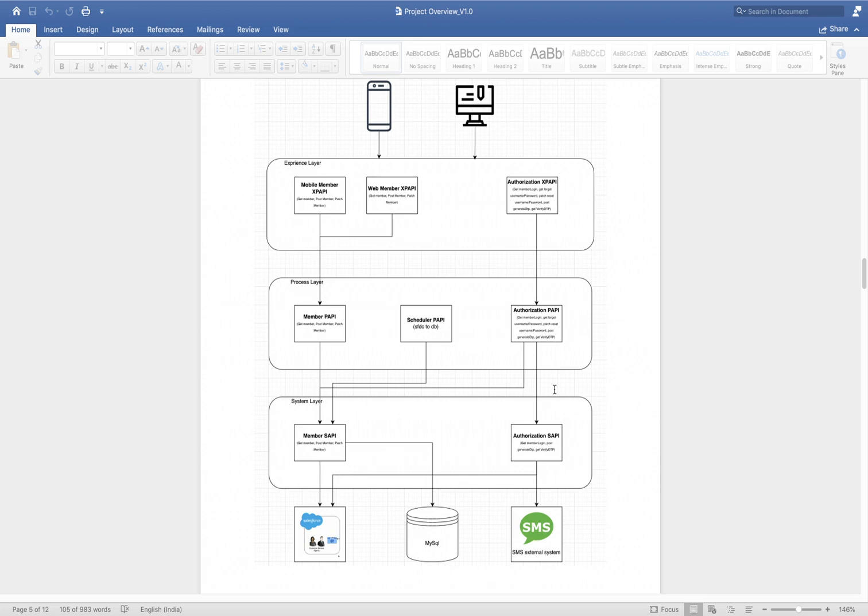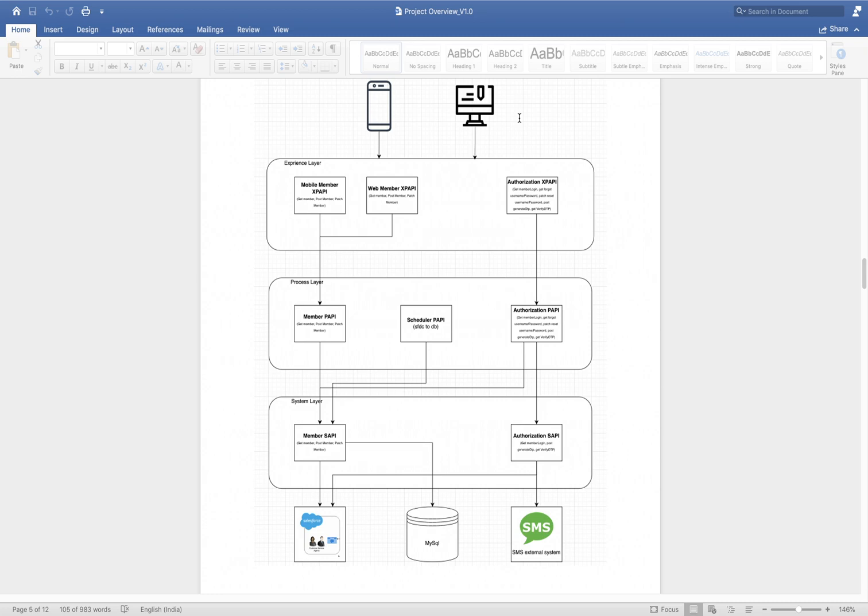Then the next layer is the process layer. In the process layer we apply all the business logic. Whatever business logic we have, we should put in the process layer, and this layer works as an intermediate between the experience and system layers. On top of the process layer we have the experience layer, which is responsible for exposing our API to external or different experience systems.